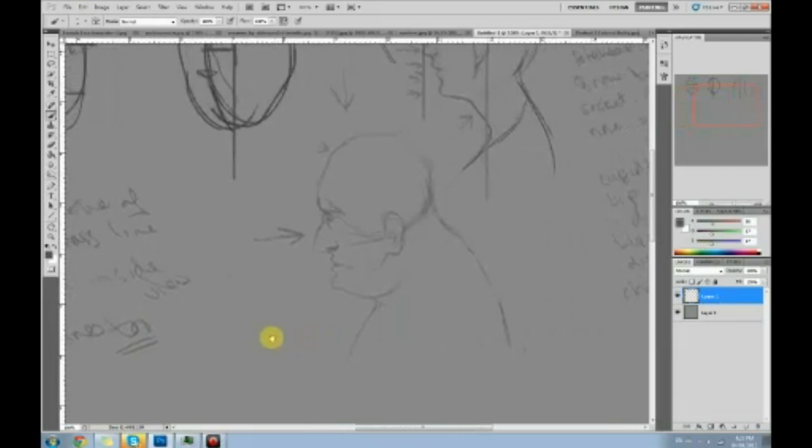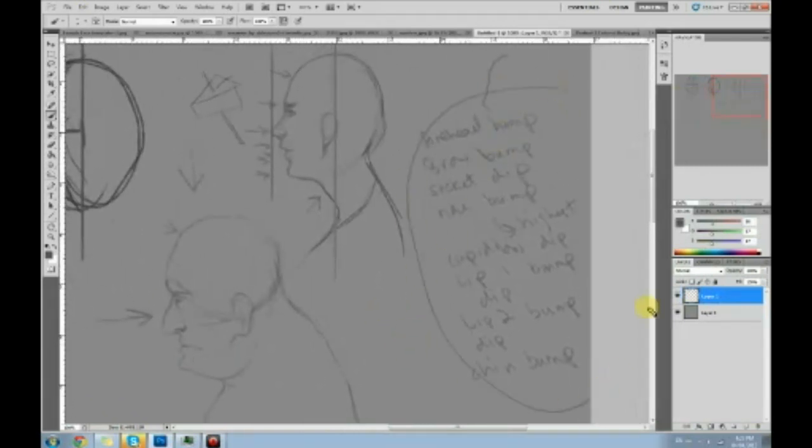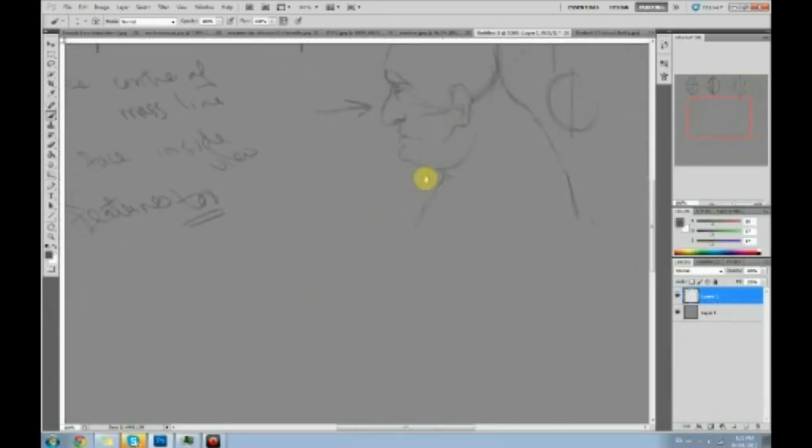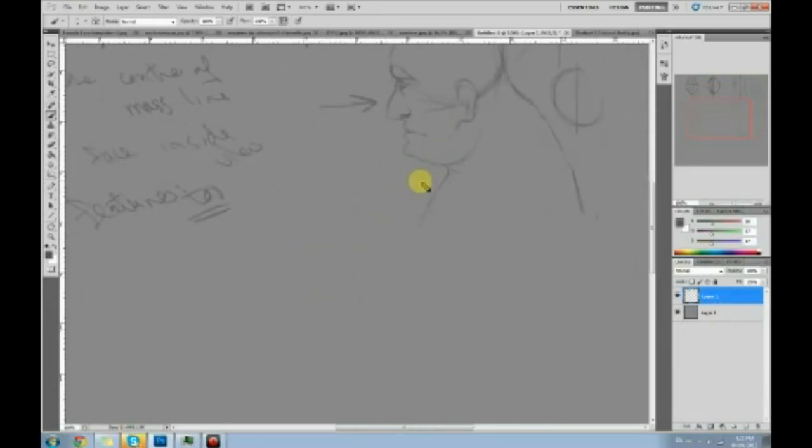What does that mean? It means that after you do all these dips, after you have your face set out, you have the center of mass line respected, then you do all the dips, and then you're ready to draw the faces. Some of you, and this is the biggest problem, some of you, when you draw these